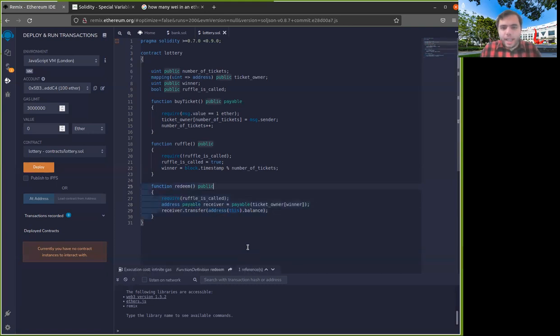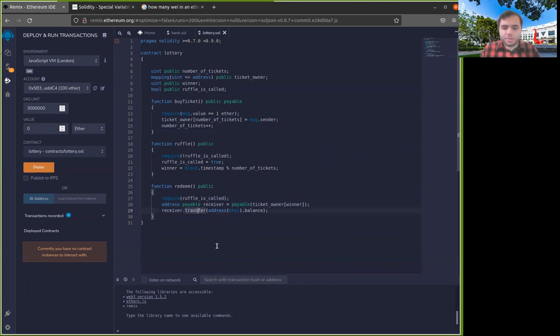And this is a very common thing that you will see when you're writing smart contracts. You have to manage time and you have to make sure that your functions are being called in the order that you actually expect them to be called. But we still have a problem here with timing. Suppose I call raffle and the winner is already chosen. Maybe someone else on the blockchain doesn't really know this and they're still calling buy tickets. So with this particular contract right now, it's possible that someone buys a ticket even after the winner is already chosen. And of course, they will not win.